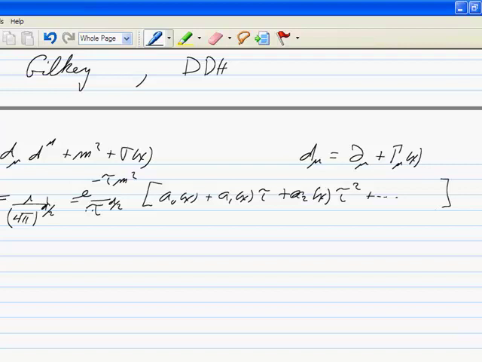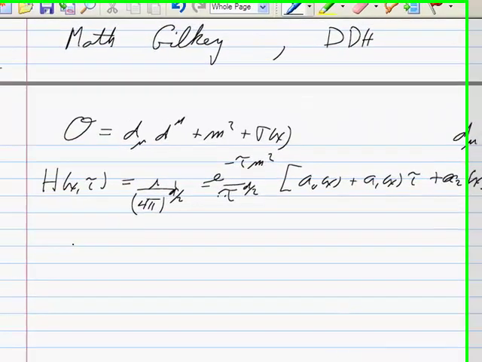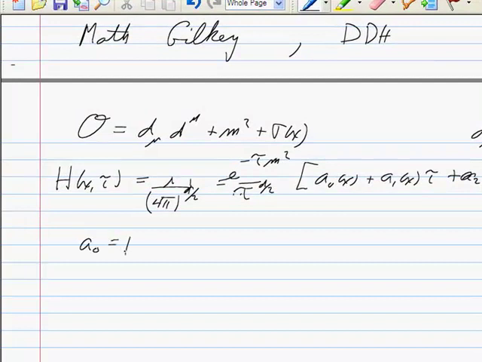And the coefficients have been worked out here. For this particular operator, a0 is 1, a1 is minus sigma,